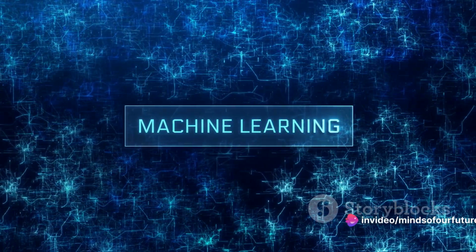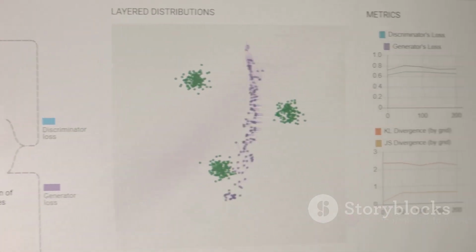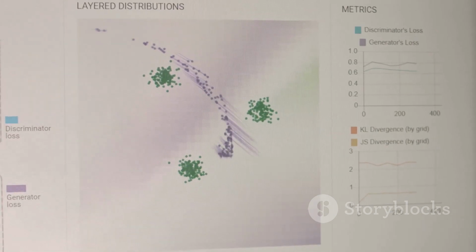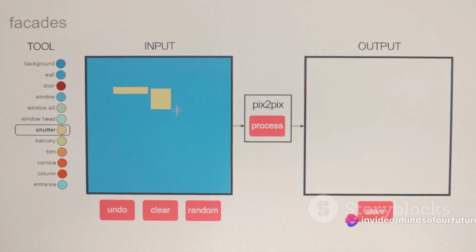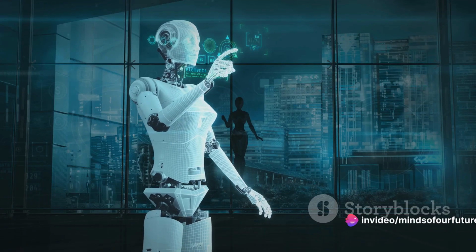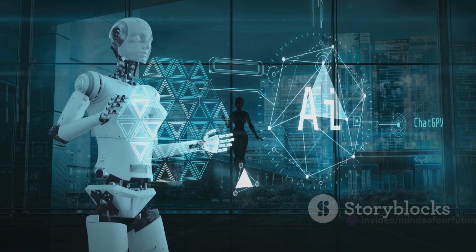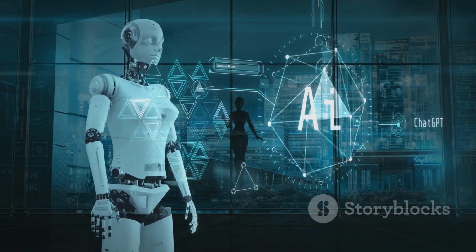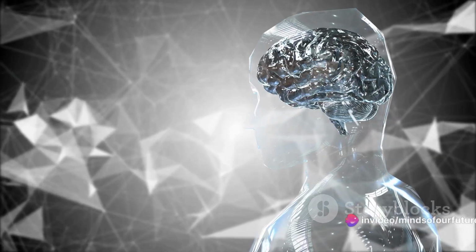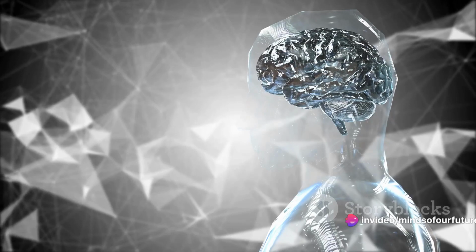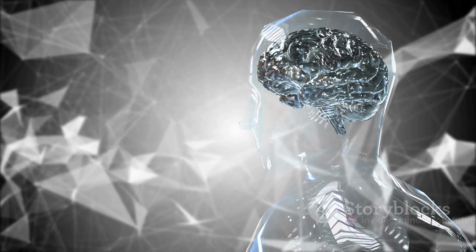Speaking of GANs, let's delve a little deeper into them. GANs are essentially a system of two neural networks, the generator and the discriminator, dueling it out. The generator creates an image, and the discriminator evaluates it. The generator's aim is to create images so realistic that the discriminator can't tell they're fake. The discriminator's job, on the other hand, is to get better at distinguishing real images from fake ones. It's a constant game of cat and mouse, each trying to outsmart the other. The result? Extremely realistic images that can easily fool the human eye.